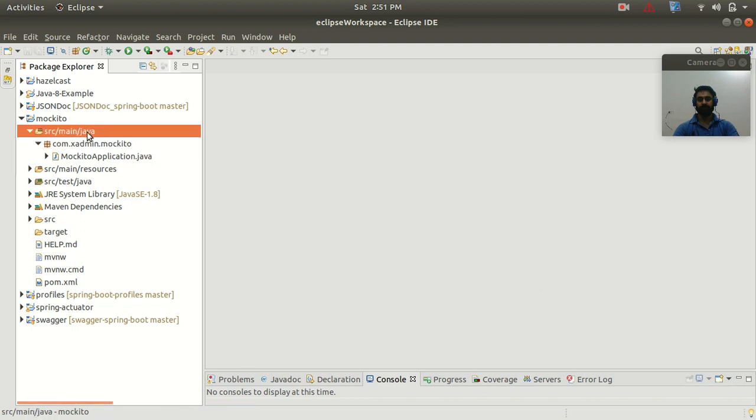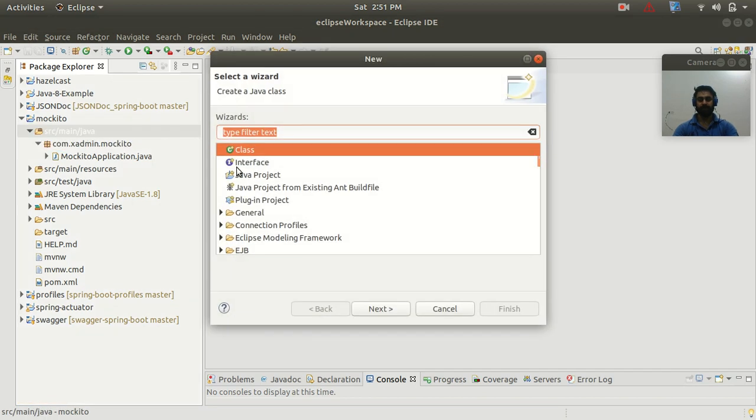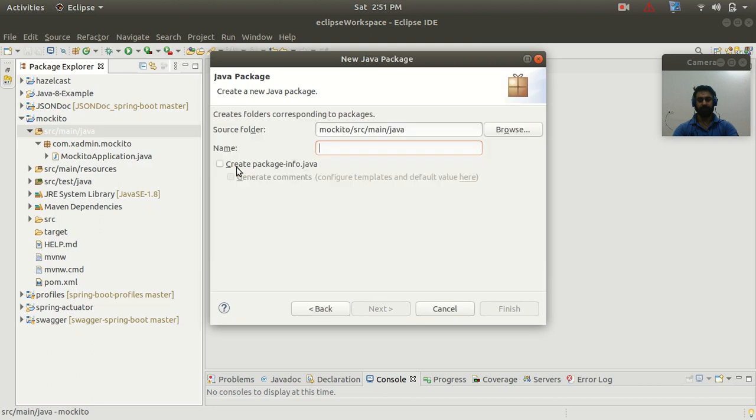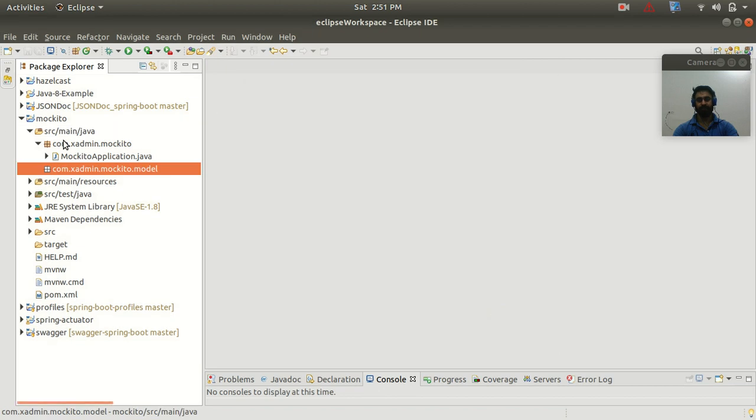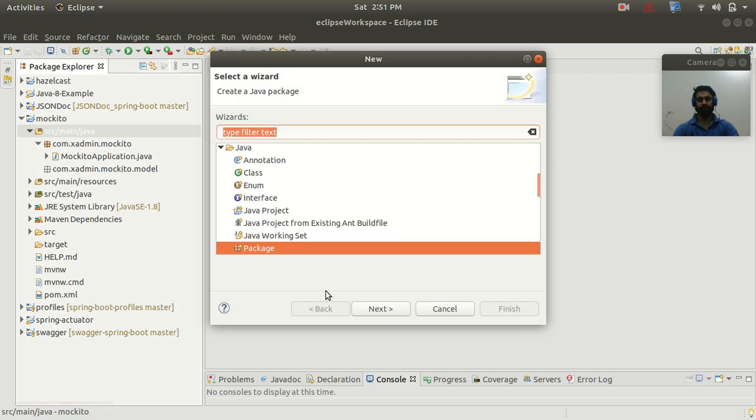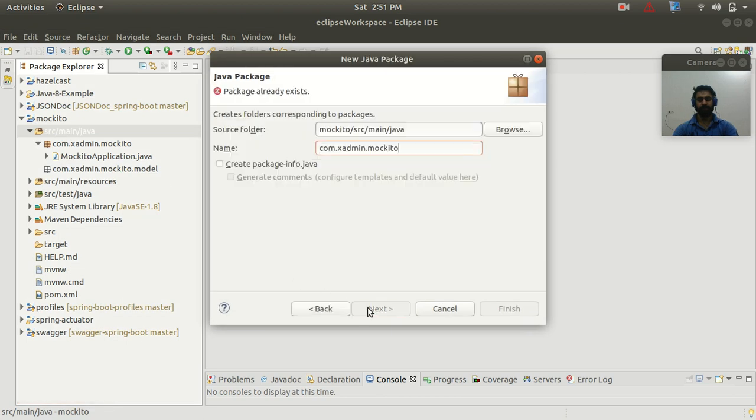So guys, go to the Java folder, and here let's create the packages. So first package I will create as model, and inside this model package I will create my model classes. So now let's add one more package, like a service package to add our service classes.